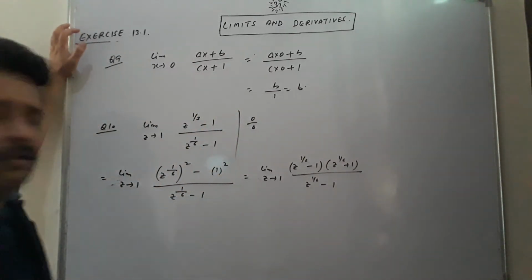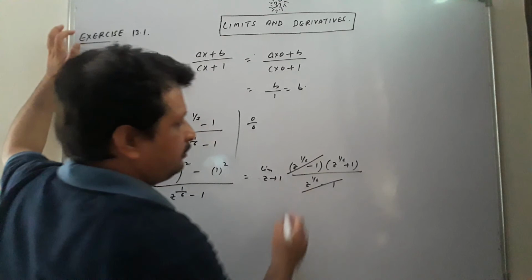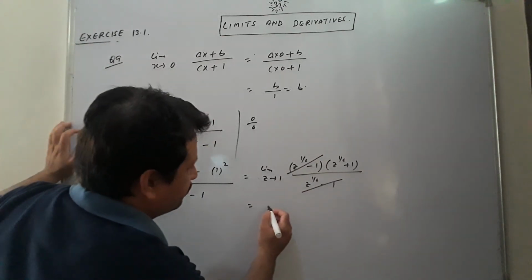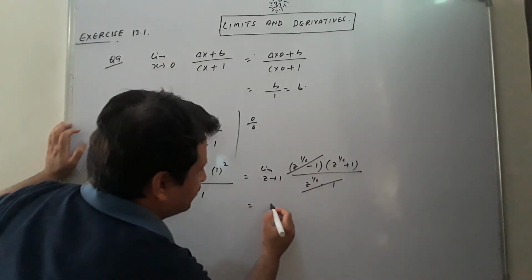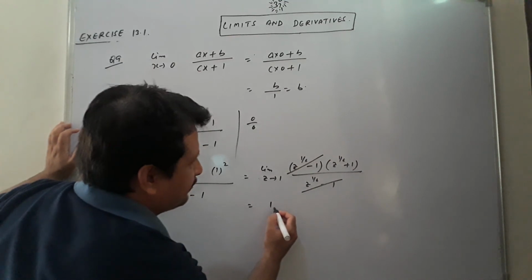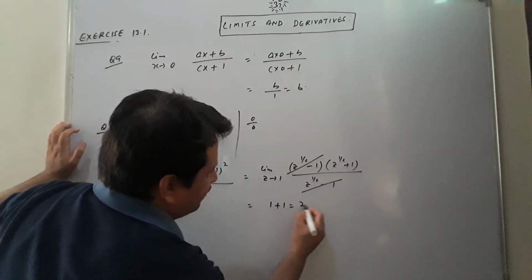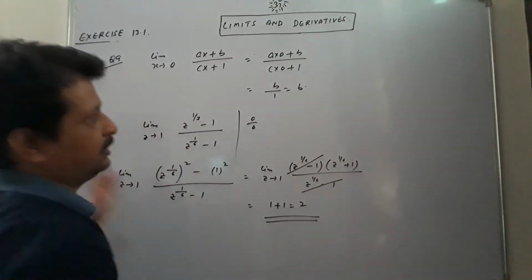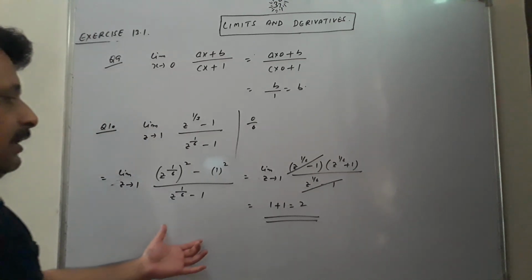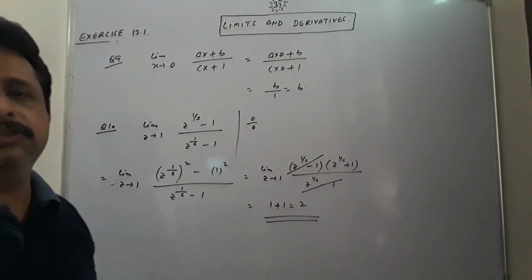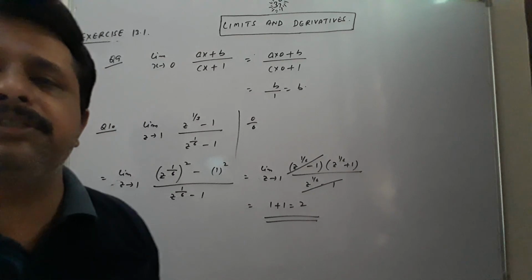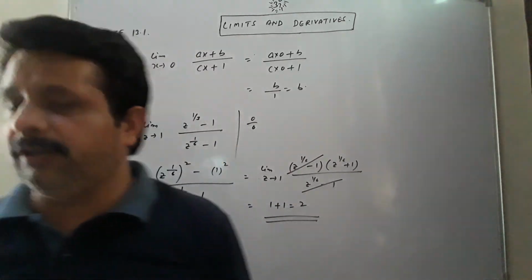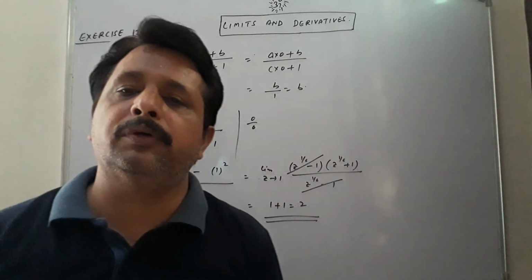Clear students? Now you will see it will cancel out, and from here we will put the limit z as 1, 1 to the power 1 by 6 is 1, 1 plus 1 will come as equal to 2. So that is why the answer will come as equal to 2 for this question. So from 1 to 10 questions I have done. So you all will note these questions in your fair notebook. Thank you very much.